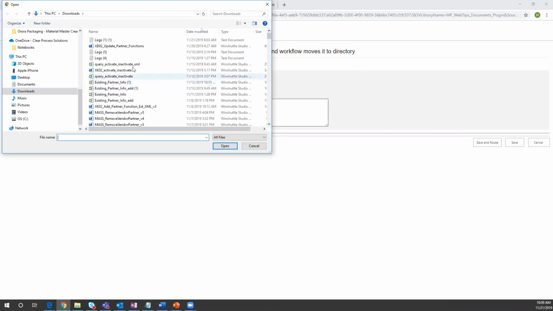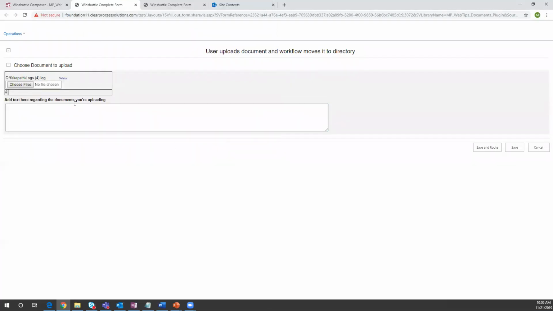Just works like any upload that we would have. And I'm just going to grab some logs here and include that. And you can see because I allowed them to delete it as one of the steps, if they needed to, they could get rid of it there. And I've just added something to add document. Sending documentation about computer problems. So this is going to the IT team and they need to get this. Once you save and route this,